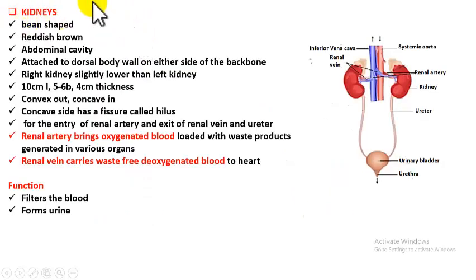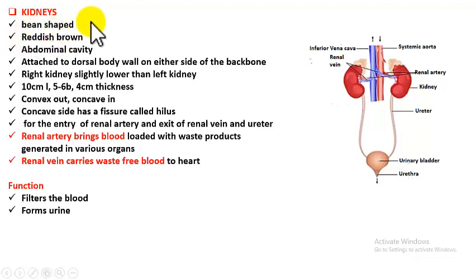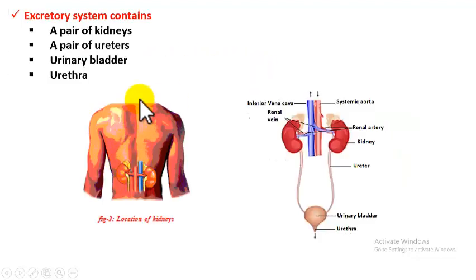Now the kidneys, they are bean shaped, reddish brown, and are present in the abdominal cavity attached to the dorsal body wall on either side of the backbone. So if this is the backbone, kidneys are on either side and are attached to the body wall. They are not free. So kidneys free ga levu, body wall ka atukoni untayi. Exact ga manaki front side aithe boddu untundi, navel region, daniki exactly opposite the kidneys are attached to the body wall, and backbone ki itupakka atupakka untayi. Understood? So this is the exact location of kidneys.